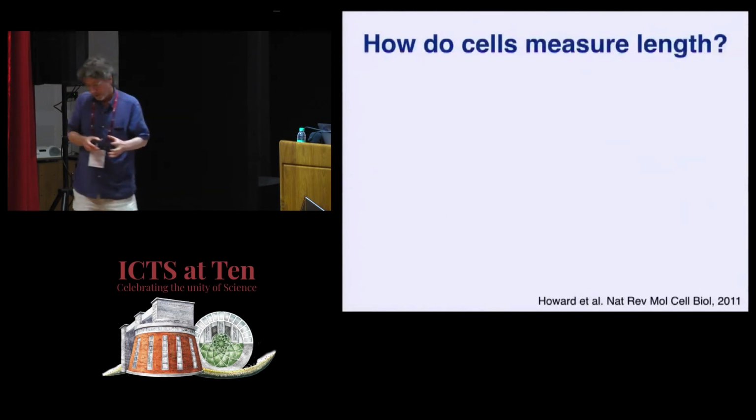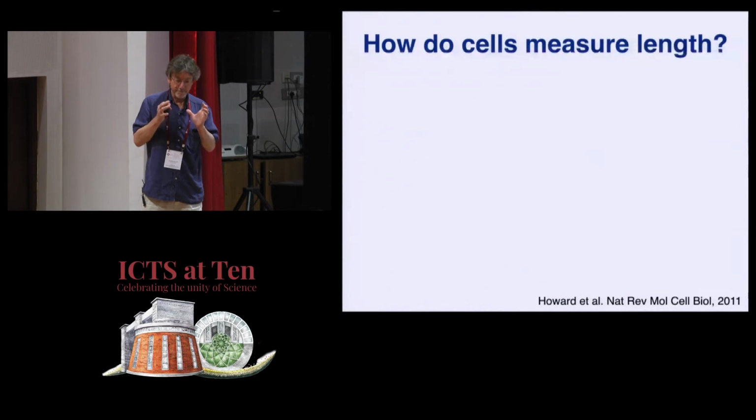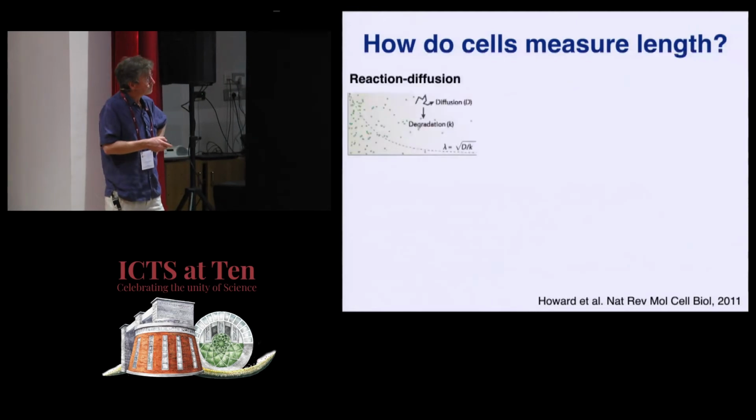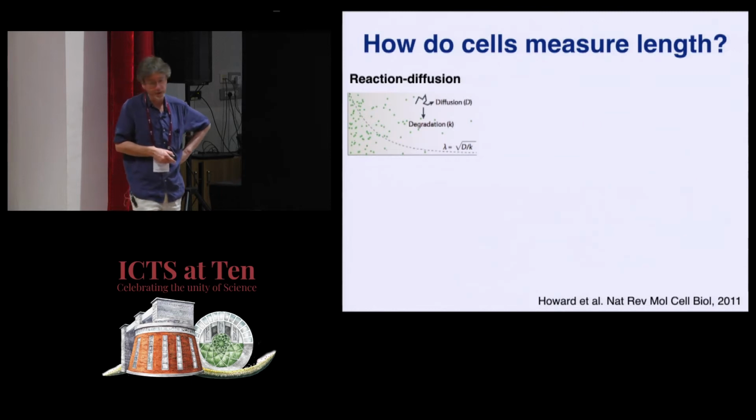Okay, so the idea with these Min proteins is that they measure the length of the bacterium. So the bacterium grows to a certain length, and at that length, the MinD oscillator will tell it to divide. And so what specifies that length? For a reaction-diffusion system, if you have a diffusion coefficient and some kind of reaction that degrades the molecule, so if there's a source here and it can diffuse away from the source and get degraded, it defines a length scale given by this formula here.